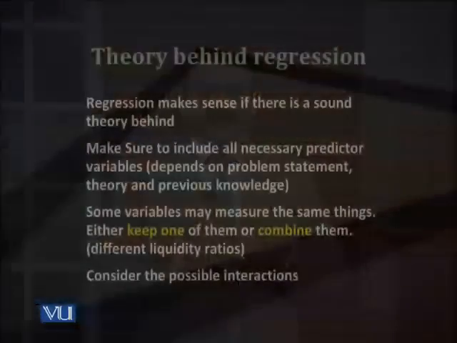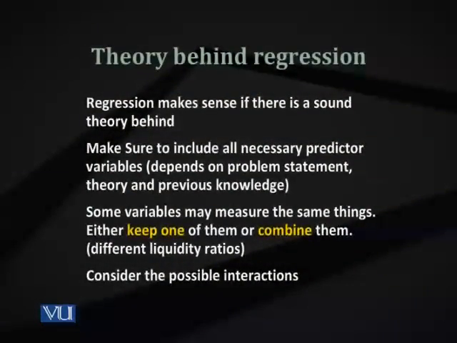So in step 1, you must have some theory. On the basis of that theory, you will specify your functional form. On the basis of your hypothesis and thinking and theory, you will specify the equation that you are going to estimate. And now the step is to include or exclude specific variables. What would be your independent variables? Which one of them are more important?